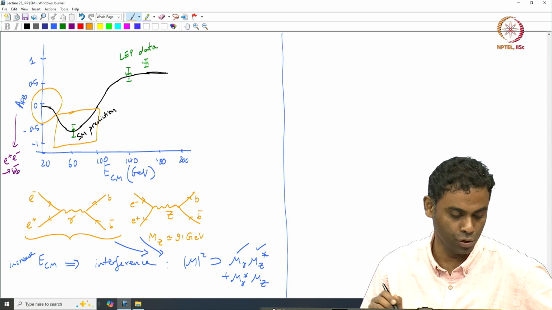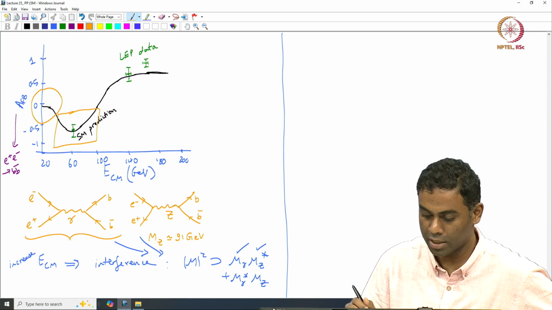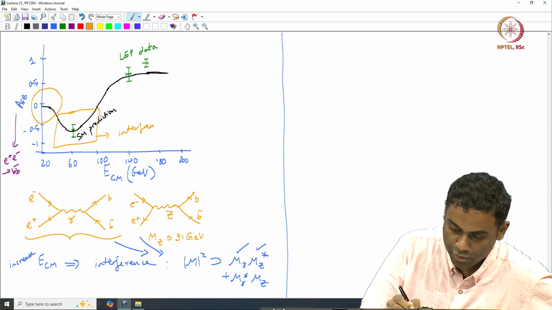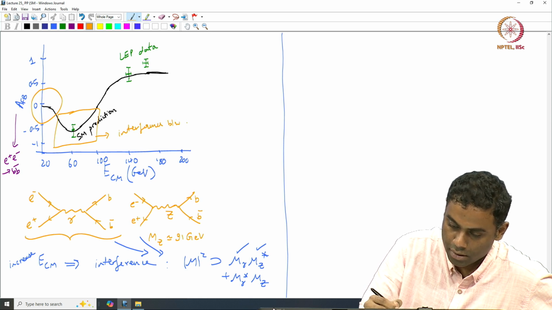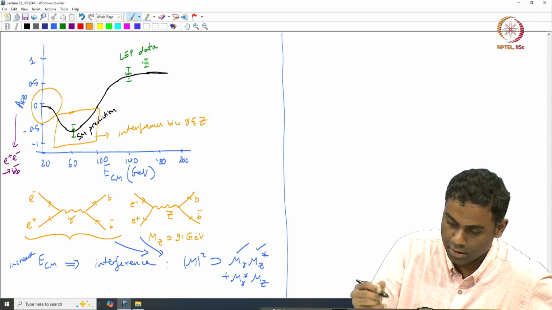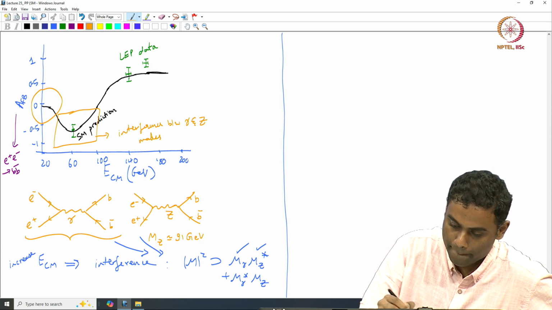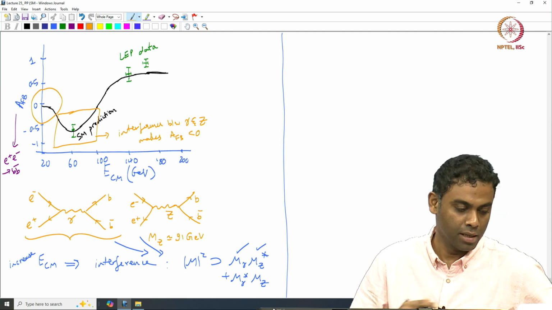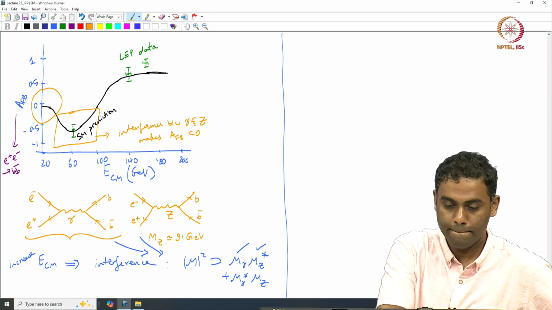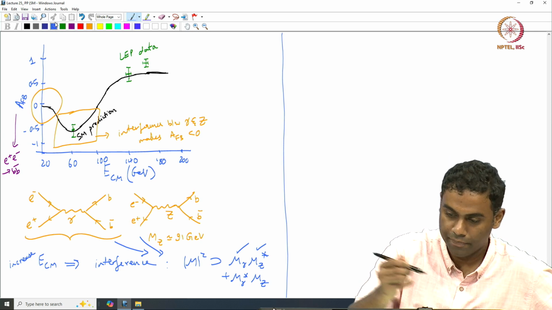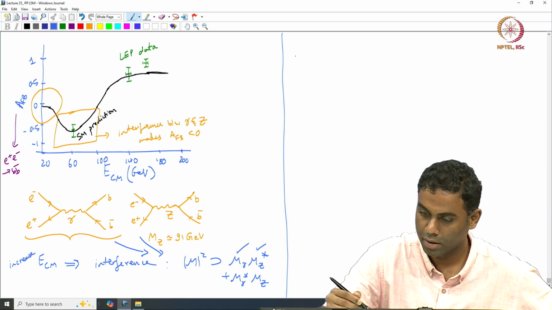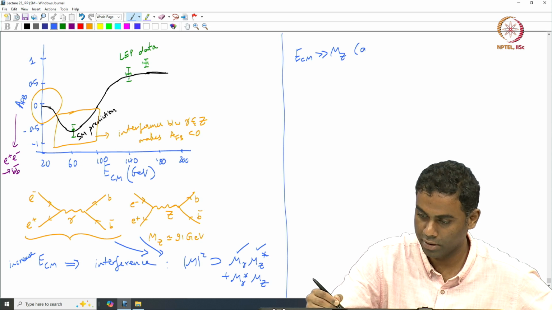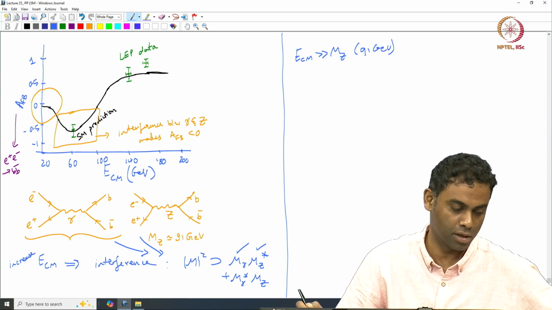Okay, and it so happens that this interference between the gamma and the Z makes the forward backward asymmetry negative. Then why does it turn back to some positive value? That's because if my center of mass energy gets to be much larger than the Z mass, which is around 91 GeV, right, then